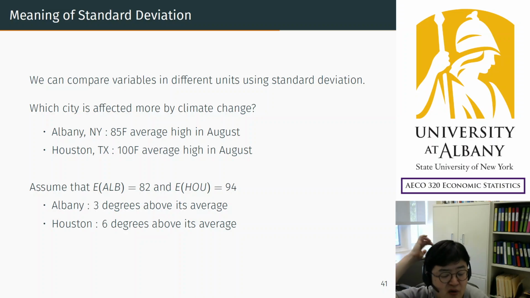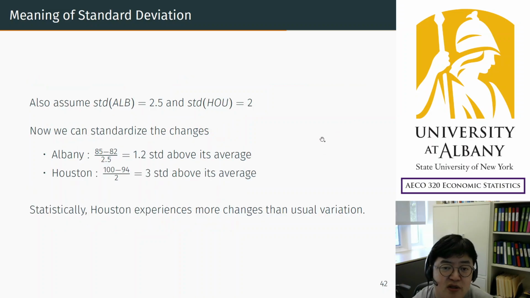So now if we think about that kind of volatility, then we can bring up the standard deviation. Actually, I checked the data. Houston is more stable from year to year in terms of year-to-year volatility. Houston's standard deviation is 2, but Albany's standard deviation is 2.5 degrees Fahrenheit. Then, how can we utilize this number? We are going to use